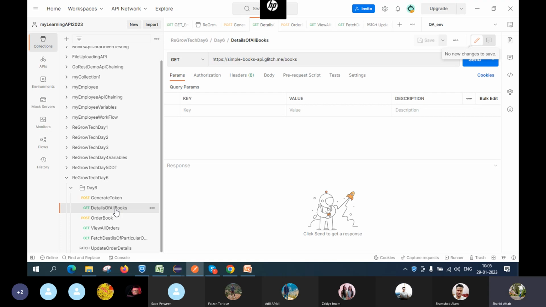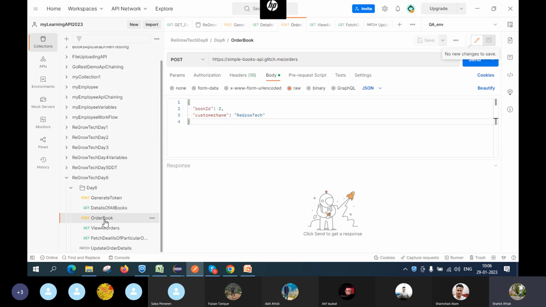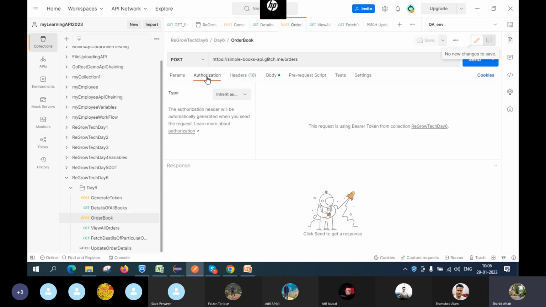No, as it is mentioned in the documentation, there is no authentication required. Clearly mentioned, there is no authentication required. So I will not make any authentication here. Correct? I will not do any authentication for this one. But for order book, do we require authentication? Yes. Then we have to come here, go to authentication, and you can see in the drop down we